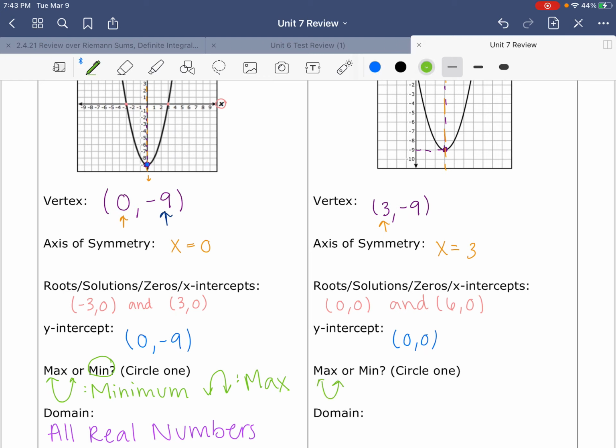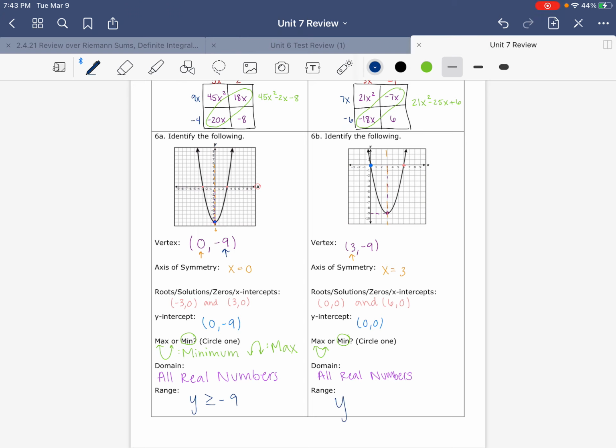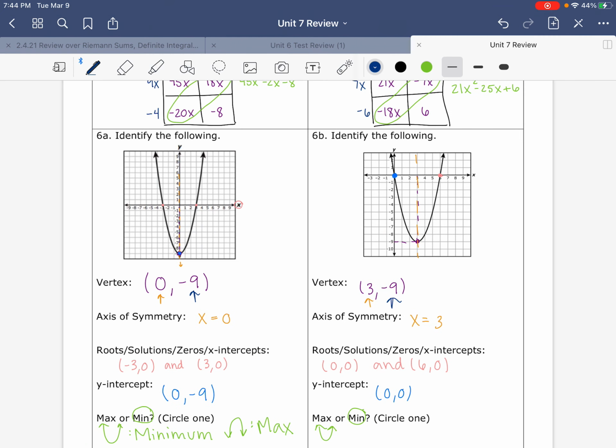This one again is shaped like a U, so we know it's going to be a minimum. Your domain, all real numbers. And then last, our range is going to be y. We know it's going to use the y of your vertex, which is -9. And since it has a minimum, it's going to be y is greater than or equal to -9. If it has a maximum, it would have been less than or equal to whatever your vertex was. And that is it for this